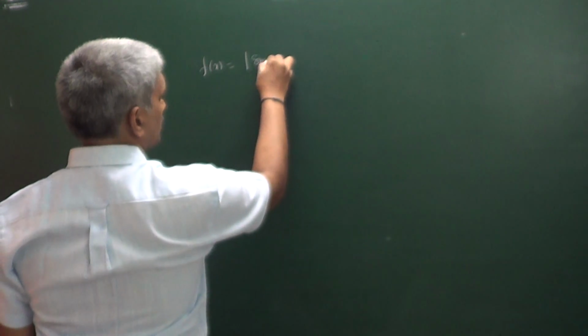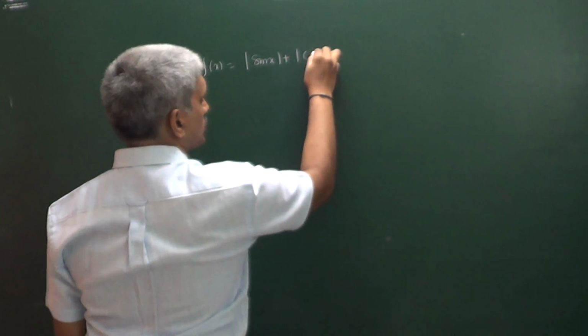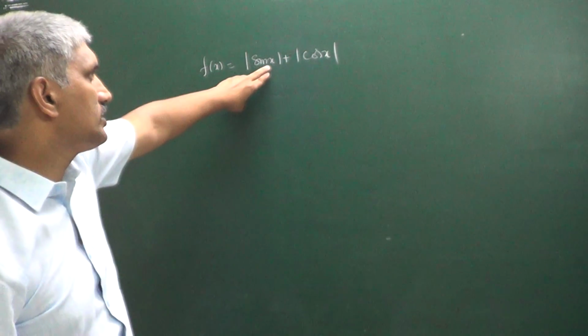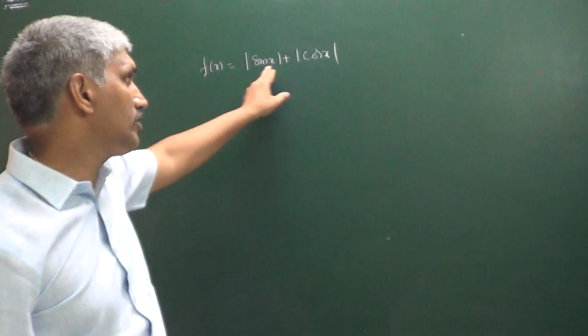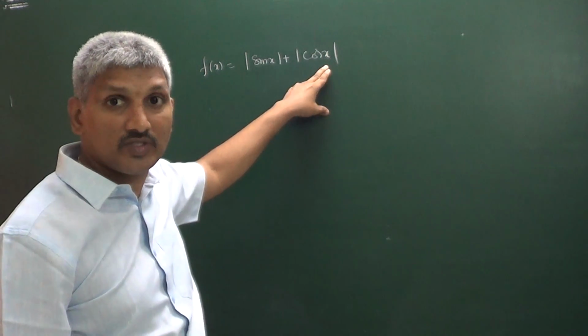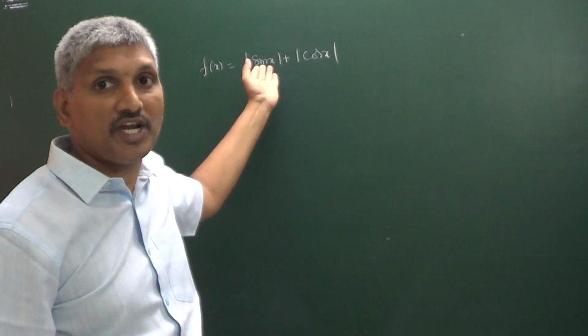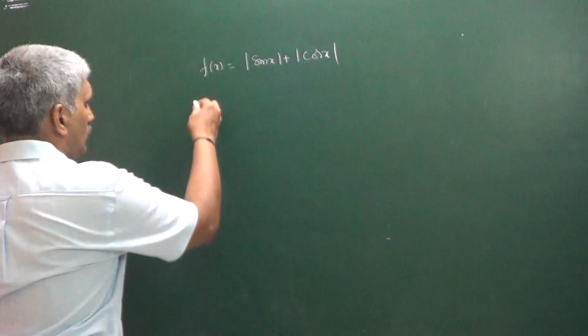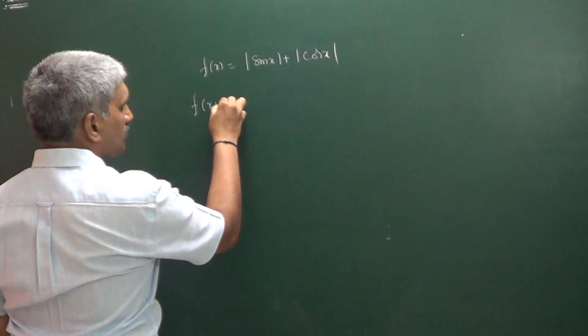So this is another question. f of x is equal to modulus of sin x plus modulus of cos x. What about the period of this function? You can check here. Sin of 90 plus theta you will get cos theta, because both have the same powers. At the same time, whether 180 plus or 90 plus, it makes no difference because modulus is there. That's why you can check f of x plus pi by 2.